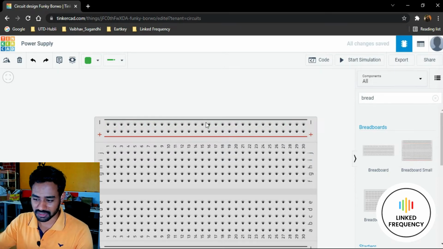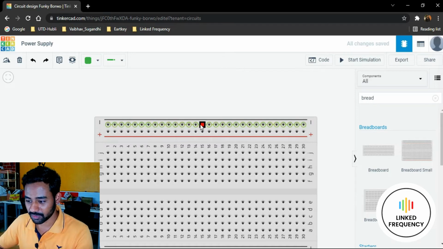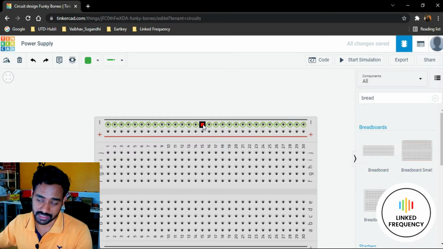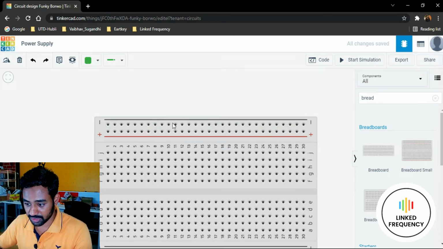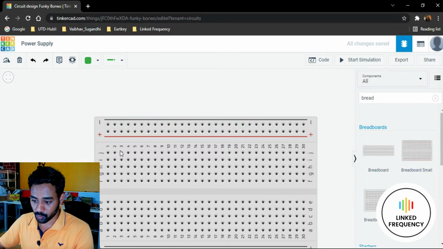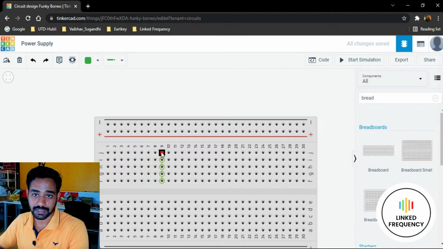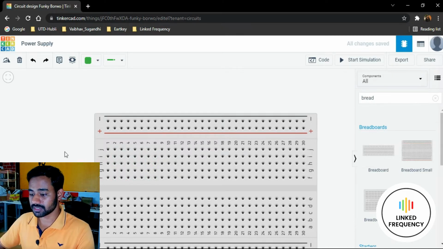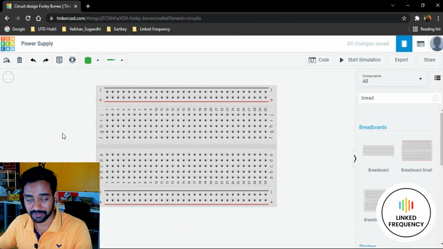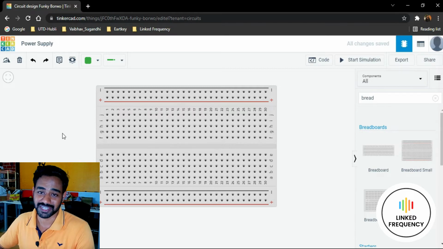Whenever you hover a mouse pointer on any one dot, you can get to know whether that dot is connected to the neighboring rows or a column, whatever it is. In this particular row, it is connected in row fashion, whereas when you come to 1 2 3 4 5 6 7 8 9, they are connected column-wise, not row-wise. So now this is a small breadboard which we are going to use in this platform and execution of the first project on Tinkercad.